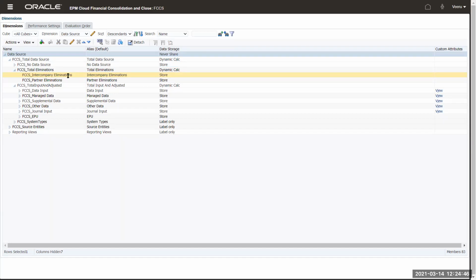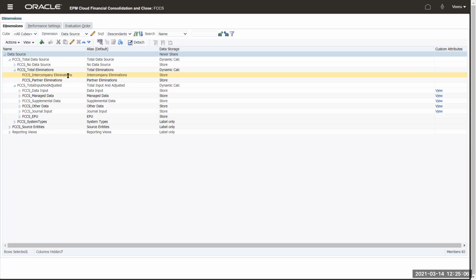You don't load data into intercompany eliminations. You don't load any elimination data, right? Eliminations are happening as part of your consolidation process. So what the system does is, when you have such an elimination, it populates those values into those intercompany elimination members.